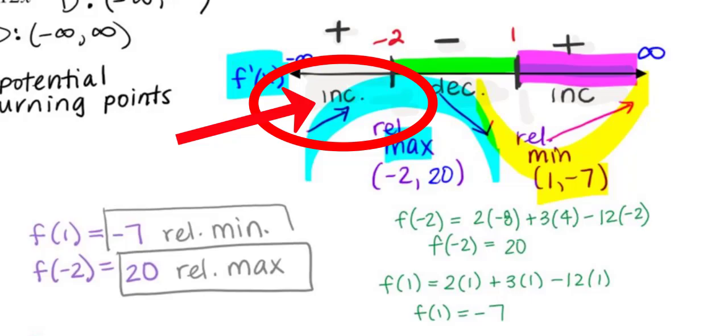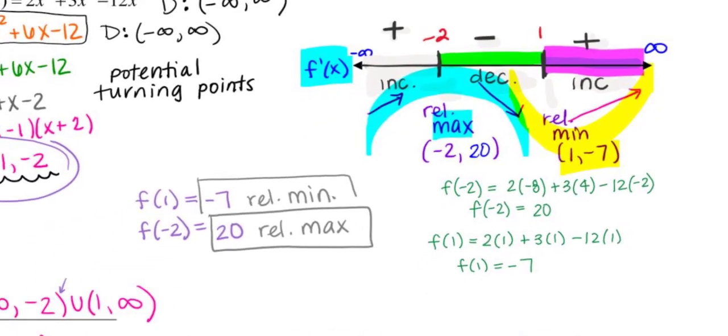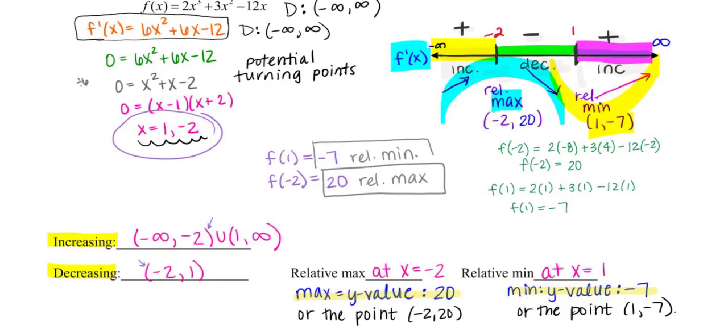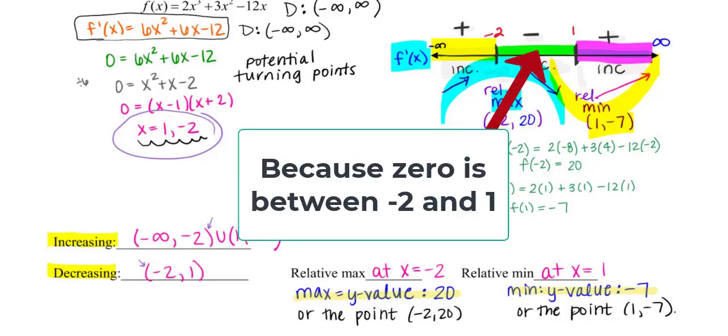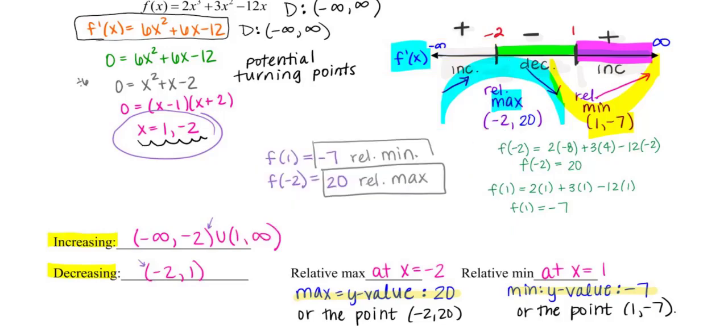If I did this computation by hand, I would be taking my f prime and asking what f prime is, for example, in that yellow section on the number line, maybe at -3. I would evaluate f prime of -3, and I could see that that's positive. Then I might calculate a value like f prime of 0, and I can see that that's negative. And then for the last one, I might calculate something like f prime of 2 or 3 or 4. If I substitute that in for x into f prime, I could see that that's positive as well. So you can do your computation by hand if you prefer, or look at the graph, either way.